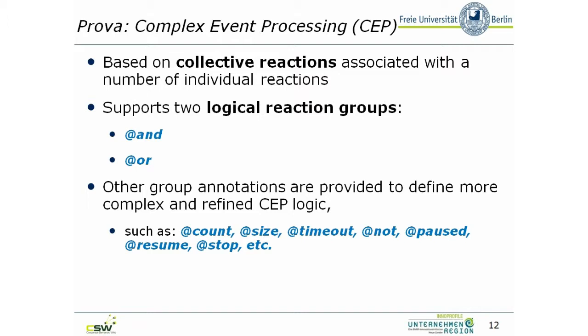AND requires all event messages to be successfully received. If any event message isn't successfully received, the whole process fails. And OR requires any one required event message to be successfully received,